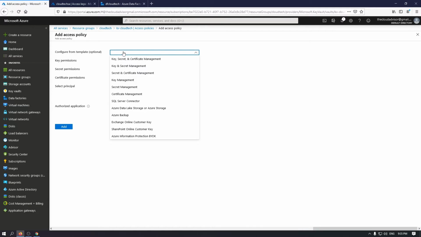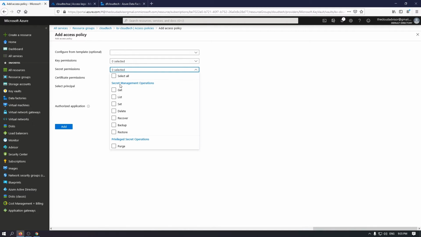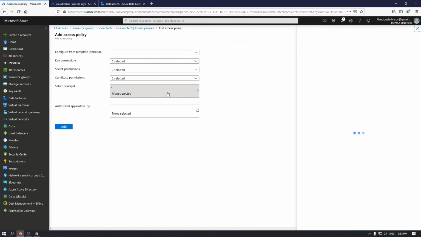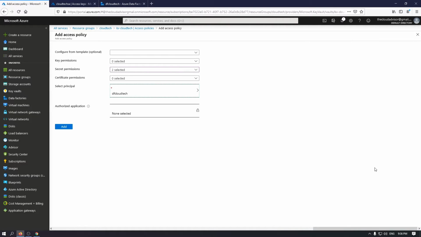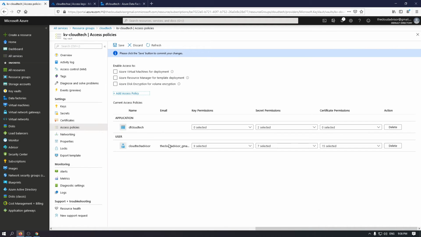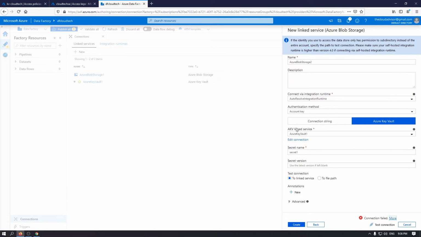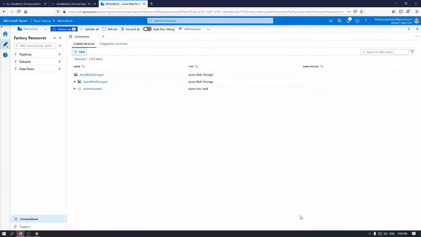In the secret permissions, select Get and List. Add the principal, the application name that will query the secrets, in my case Data Factory, and click Save. Go back to Data Factory and test the connection again, and it should work.